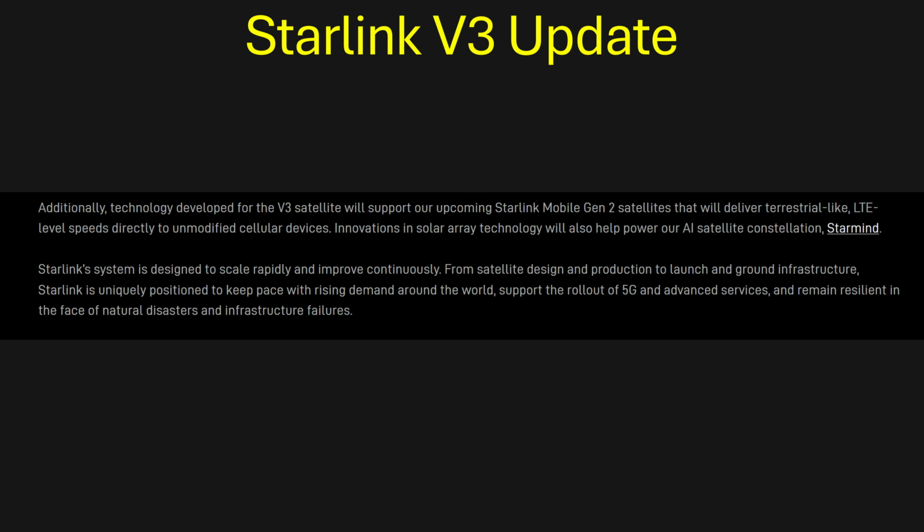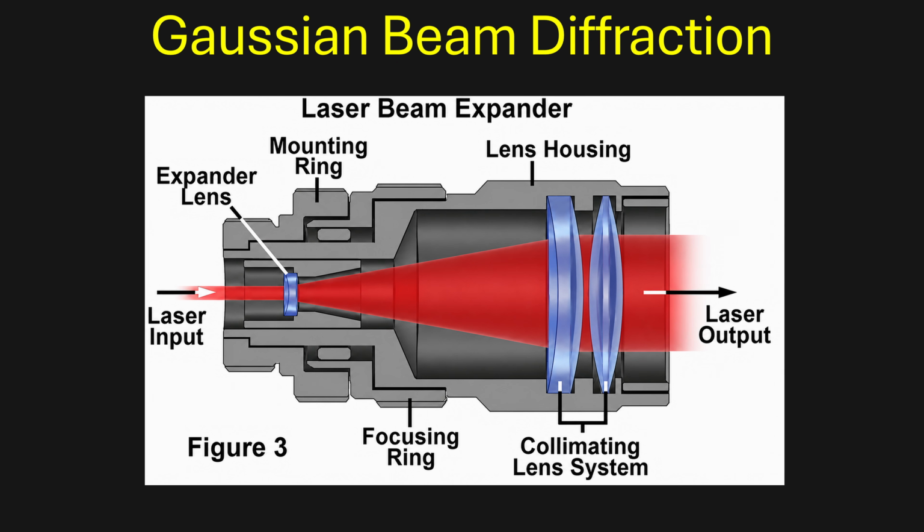Finally, they mentioned the next-gen direct-to-cell satellites, and it seems like they are making a completely different design for those, since the antenna would be so large that they probably cannot fit the other antennas and electronics like they could in V2 Mini. Now back on the topic of laser links, lasers can be expanded and collimated with lenses or